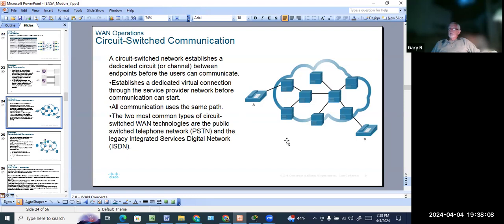But if you think of it as originally the public switch telephone network, PSTN, consisted of physical wires that were connected together through switches, and the way that the switches were connected to each other was through your telephone operator. So this gets into a lot of history, and actually, for me, my grandmother was a telephone switchboard operator, way, way, way back,